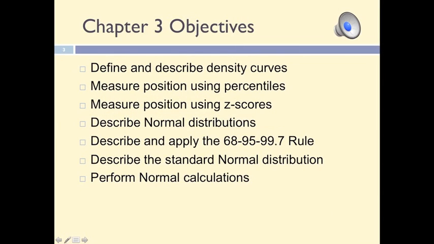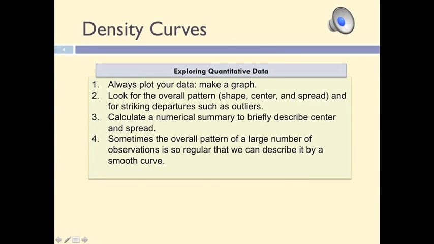In this presentation, we will talk in a little bit more detail about distributions. We will define and describe density curves and talk about the normal distribution or the bell-shaped curve. I will explain the 68, 95, 99.7 rule and ways to use the normal curve to compute probabilities and standardized scores. When describing the distribution of a variable, we should always start by creating a graphical representation because graphs help